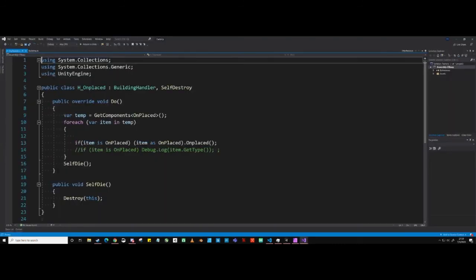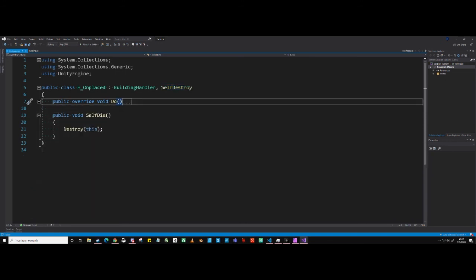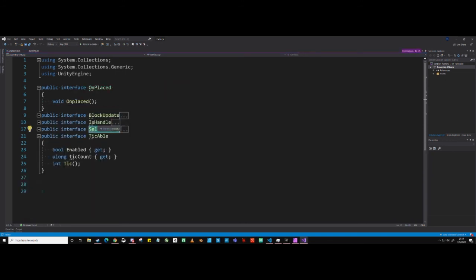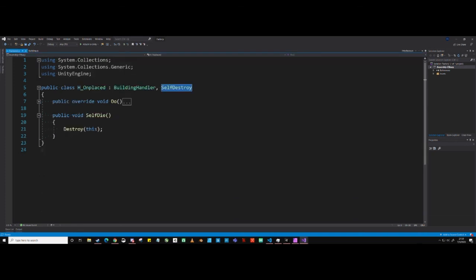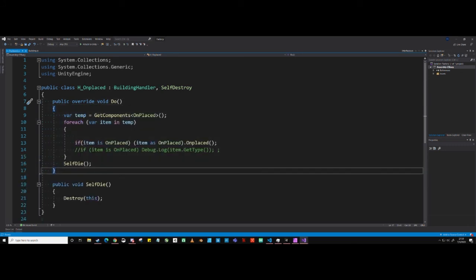You can see that this handler has a self-destroy, and it should actually derive from its handler. Oh no, it doesn't have to because they all derive from building handler. So you can see that it has this Do method, and its Do method is gonna say, okay, it's gonna create